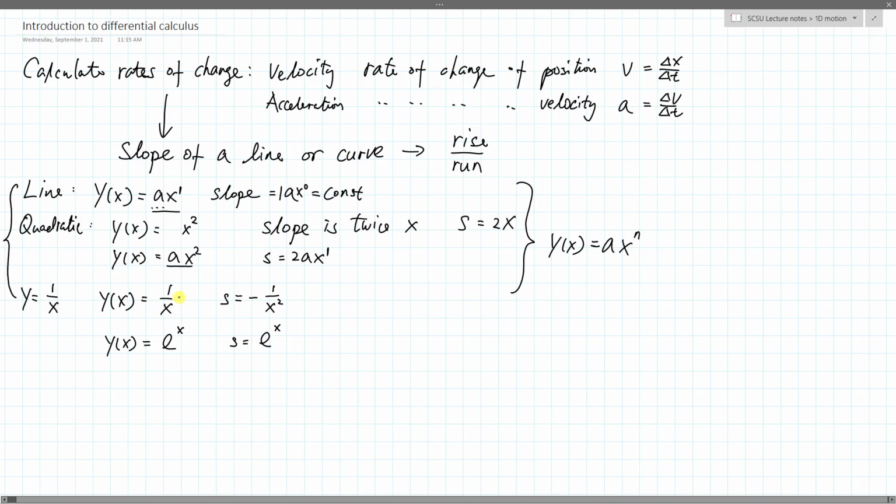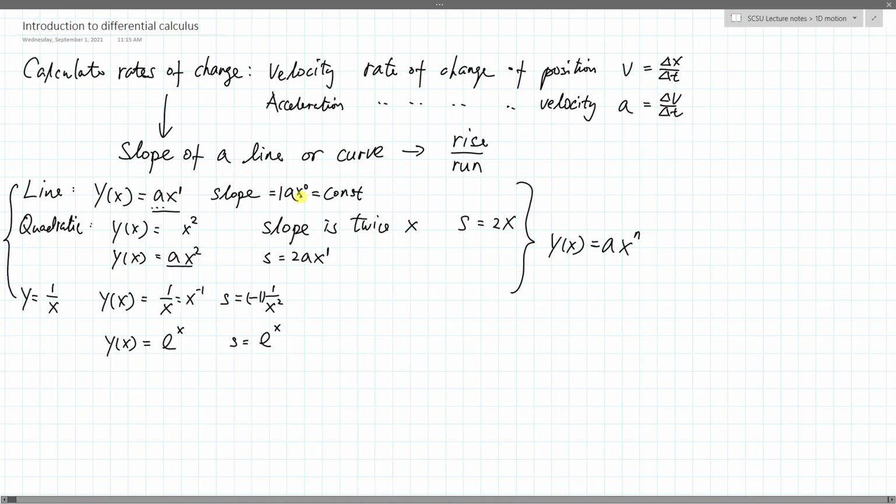So if I follow the same exact rule, I first move the a around. So, okay, a is equal to 1. And then the second, I take the existing power and use that as a factor. The existing power right here is x to the minus 1 power. So I'll take out the minus 1 existing power and include that as a factor. Oh, it's right here, minus 1. It's already here. And then the third thing is I take the x and drop the power by 1